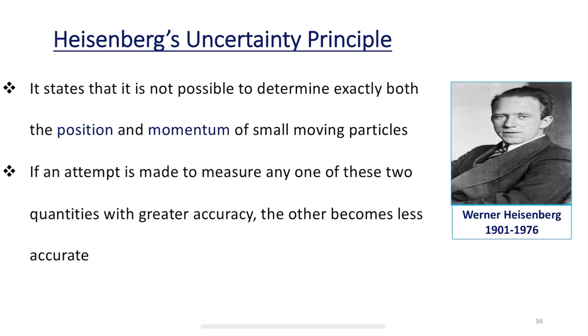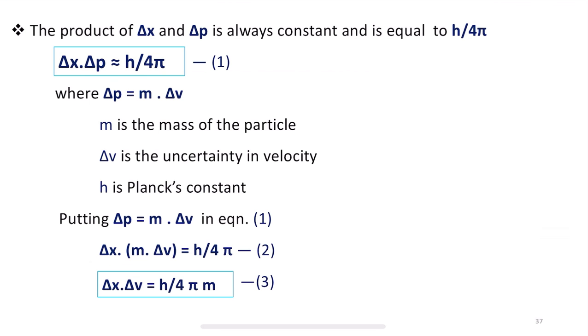So this is what is called Heisenberg's uncertainty principle. We cannot measure both the position and momentum of small moving particles accurately at the same time. If you attempt to measure any one of these two quantities with greater accuracy, then the other becomes less accurate. The product of the uncertainty in the position, that is delta x, and delta p,